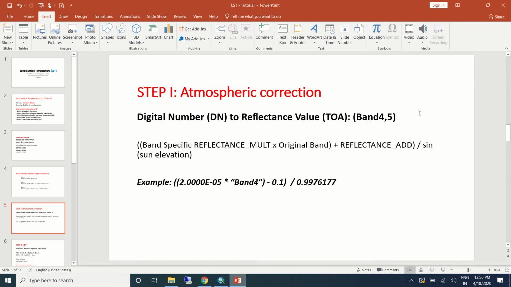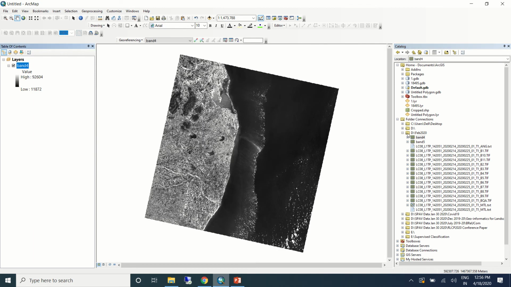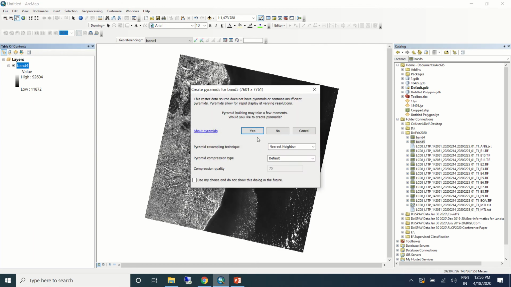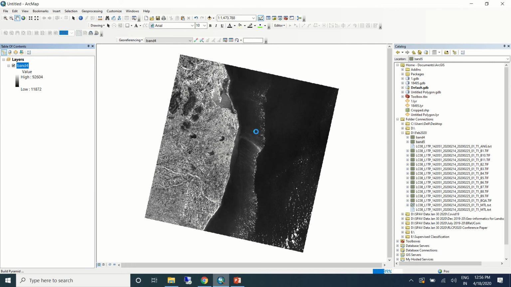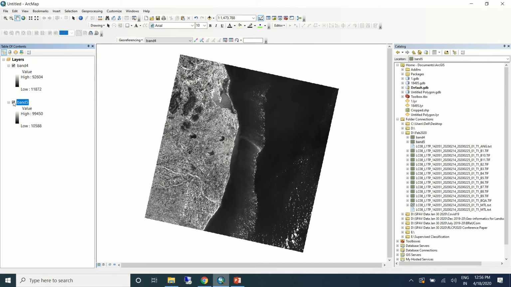So I'll open GIS platform. I'll bring in the band 4 and band 5 data. So we'll start off with band 4 information.